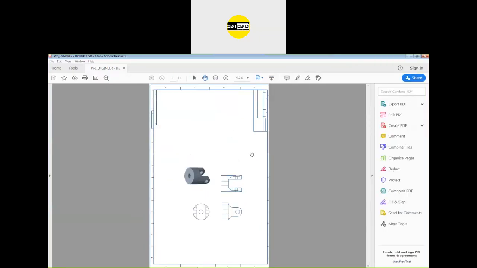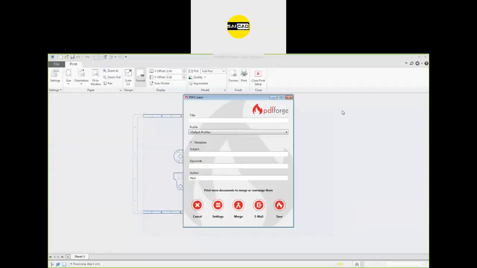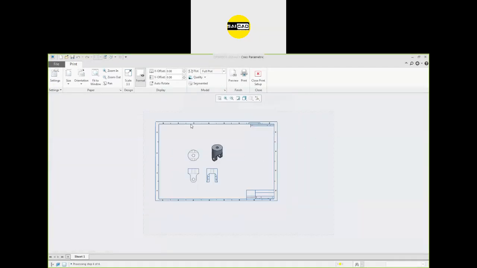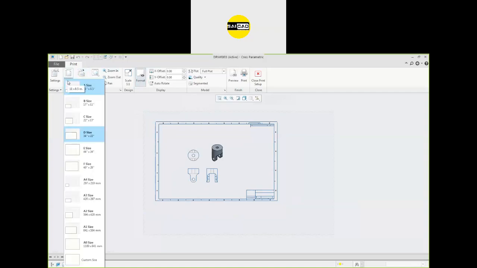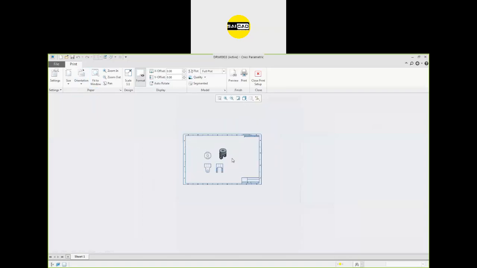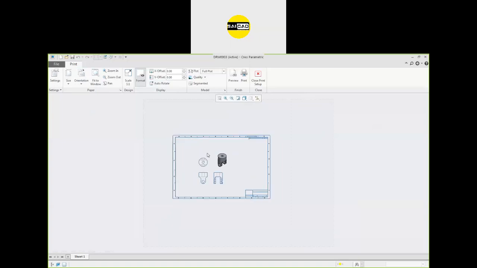Okay, so I have not selected any settings. That's why it is in the landscape. You can convert that to portrait also. Sorry, portrait to landscape also. So we have all the options here for the printing. We have the size, which size you need. So right now you can see this is the D size. We have the orientation. We need the landscape orientation. Okay, or the portrait, whichever you need. So landscape will be orientation.